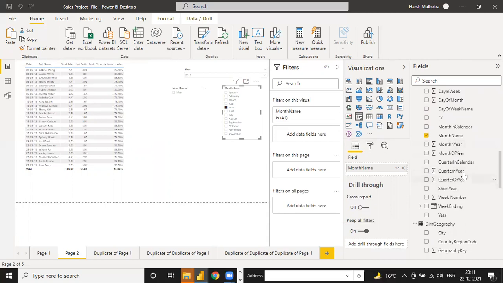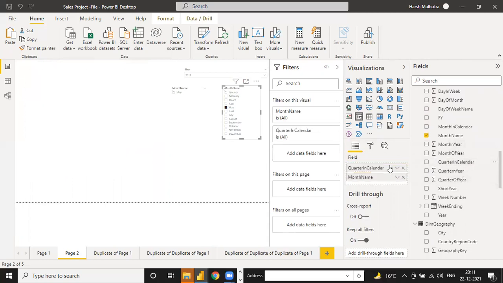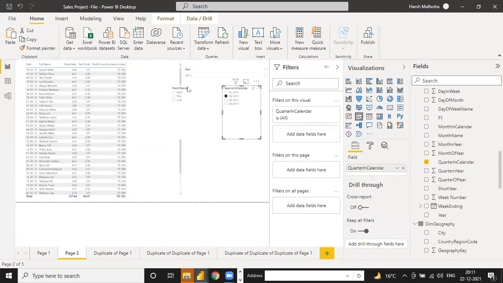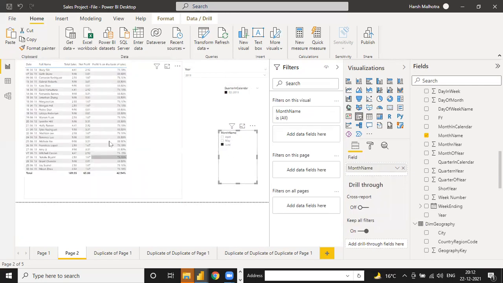So quarter, year, quarter in calendar. See, quarter in calendar. Suppose if you want it on the basis of quarter two, so this is 2013, quarter two. You have 3 months: April, May, and June. Under this, if you want only June, this is June month data only.